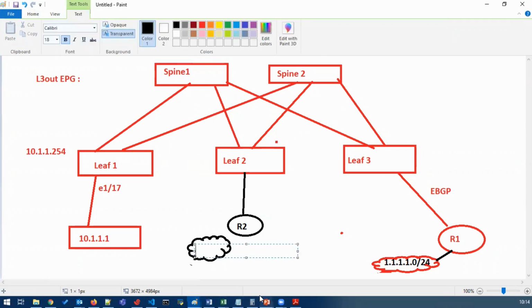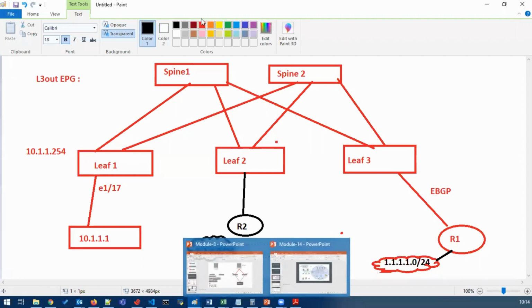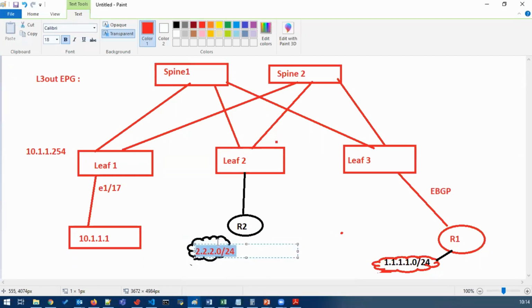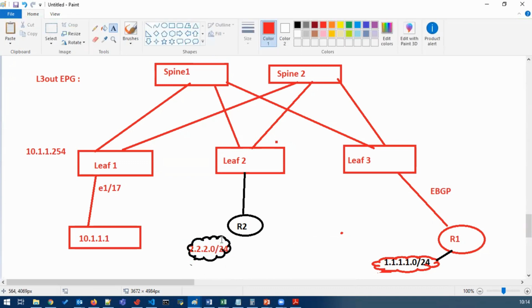Let's suppose it's 2.2.2.0/24. Clear. So my requirement is 2.2.2.0 should communicate with 1.1.1.0 as well. Also, this server should reach 1.1.1.0/24. Right. So let's see the simple requirement, and then we will make it a little more complex.